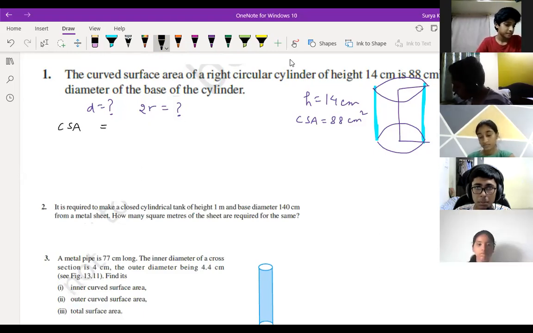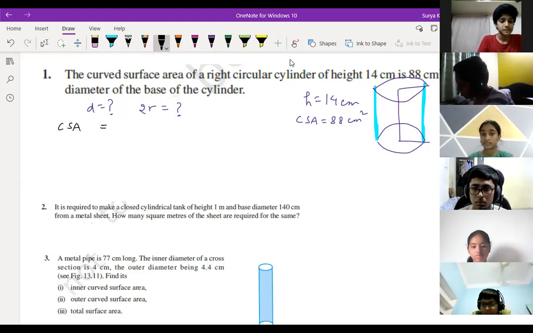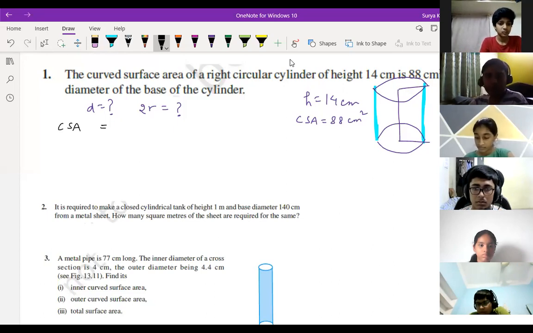Sahil, tell me the answer for this. CSA of cylinder. Pulastya, why is your network not proper? For some reason, I think this cable has gone wrong. Like disconnecting and stuff. Wait, I'll just replug the cable. You can join by Zoom ID directly, Pulastya, if the network is breaking. It's just my internet. I'll just replug the cable. I'll be back. Shriyanvi, now it's clear to you? Shriyanvi, can you hear me? Yes, sir, I can hear you, sir.